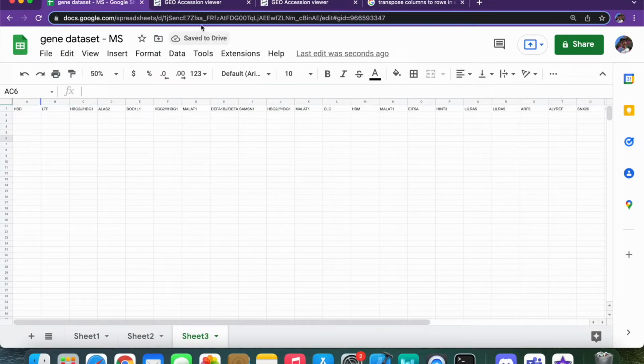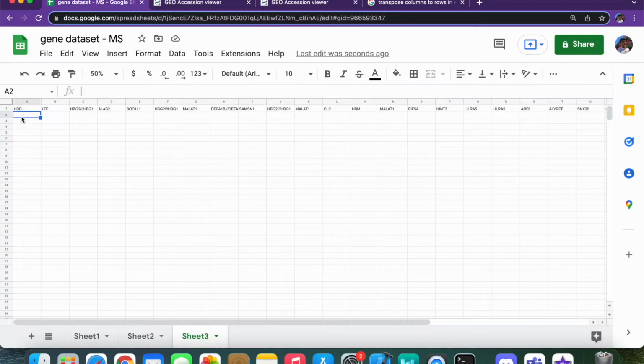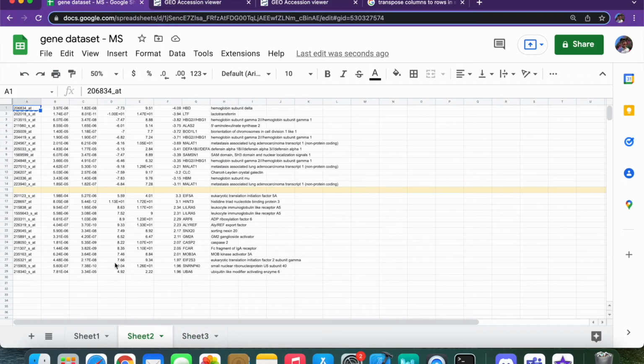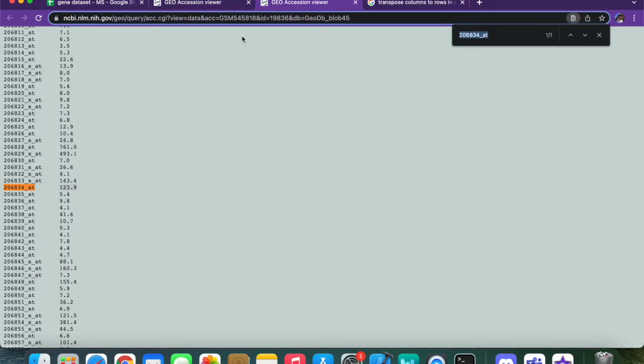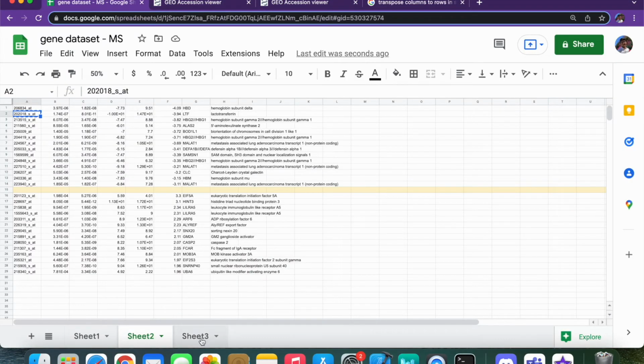And what we can do is we've identified the HBD gene to be 123.9, so we can just go back to our data set, copy paste that. Now let's try LTF. We go back to our ID/REF value. LTF has an ID/REF of this, copy paste that. Let's search for that now. It's 12.9, so we can copy paste that. Go to our data set,